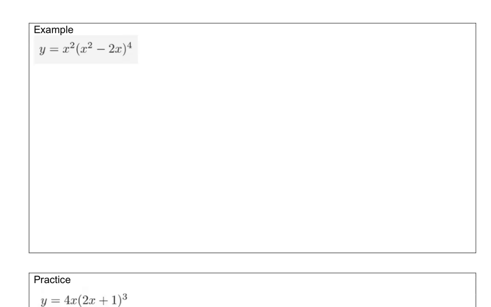Okay, so this time we've also got two functions multiplied together, u and v. So we need our rule, vu dash plus uv dash will give us the derivative. Okay, so dy/dx equals v, so that's x squared minus 2x to the power of 4, times u dash, that's the derivative of u, which is 2x,